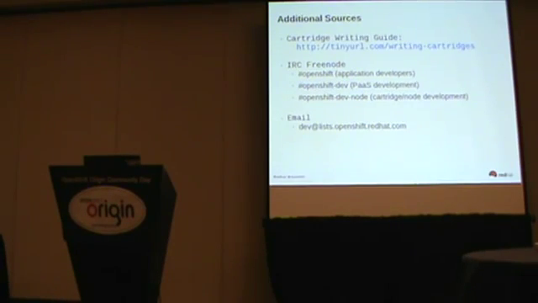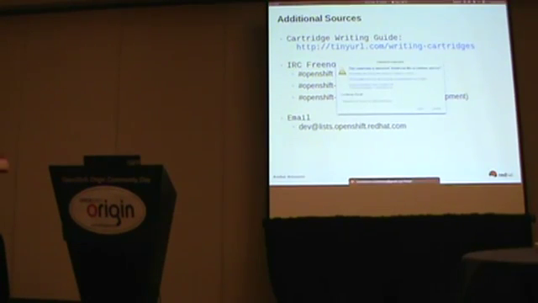It covers all of the gamut of writing cartridges, all the alternative control options. It covers the hooks, and it covers the markers that we have and how they're deployed. It also has a much more extensive list of the environment variables. On Freenode,